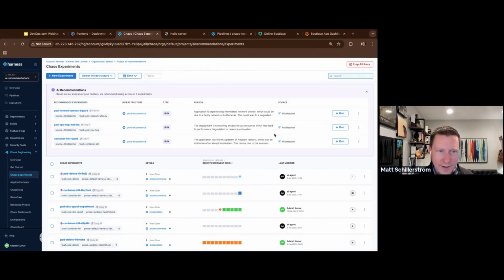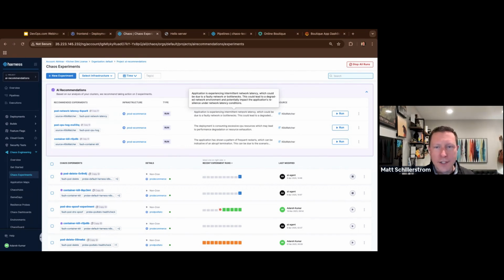I'll go back, and then it also recommended some other experiments. So the Kubernetes watcher agent. I'm going to hit run on this. And what's cool, we leverage another open source tool called KHGPT. That's another CNCF, Cloud Native Computing Foundation project. We actually use that to understand the context of this.